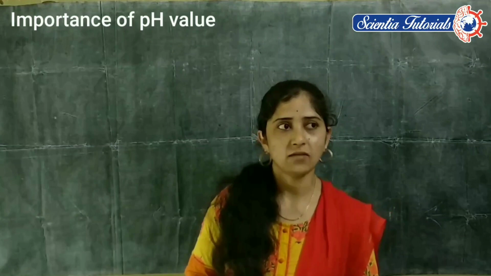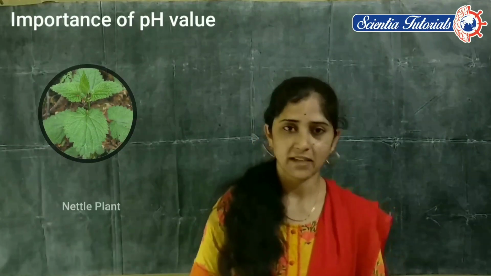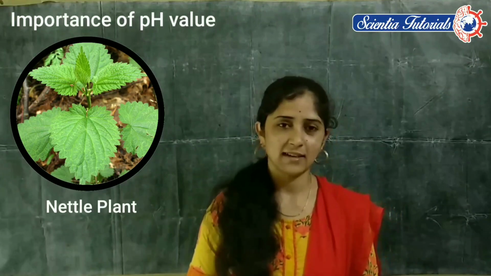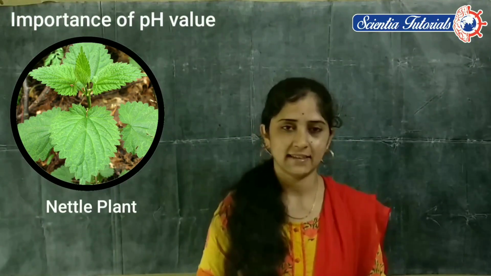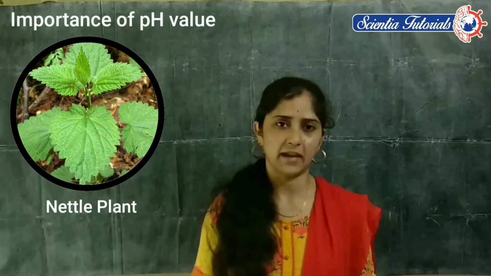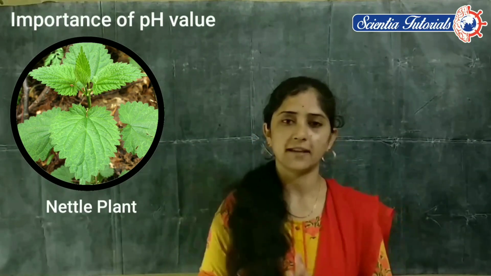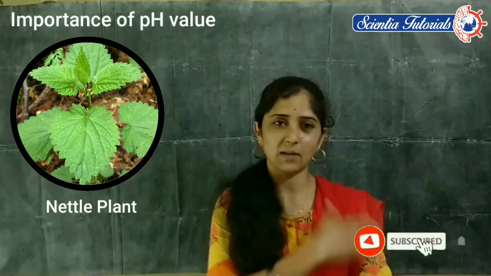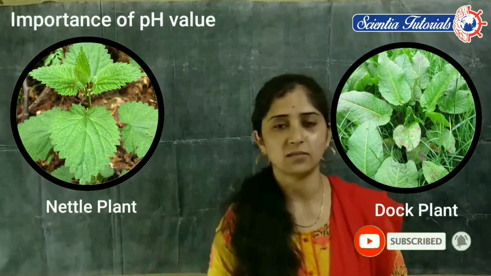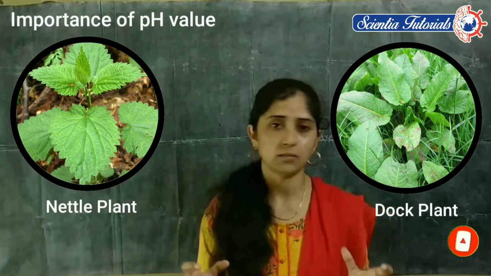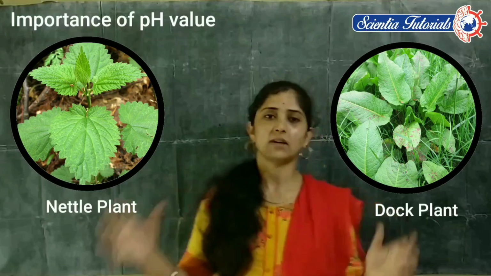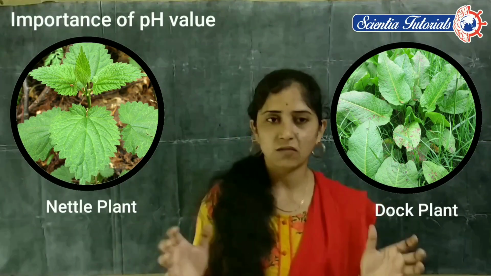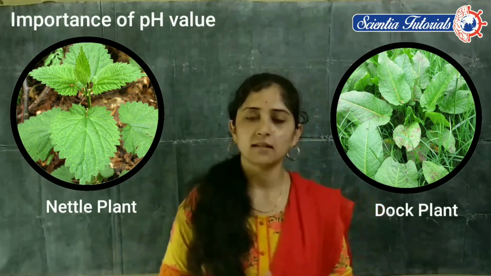And have you ever observed the nettle plant? The hairs on the leaves of the nettle plant release methanoic acid, and we get a horrible pain when we touch that plant. So how do we get relief? We rub a particular plant at that area, and we get relief from the irritation and horrible pain. These are all things in our day-to-day life that we observe, and we have to know the pH value to relate to these observations.